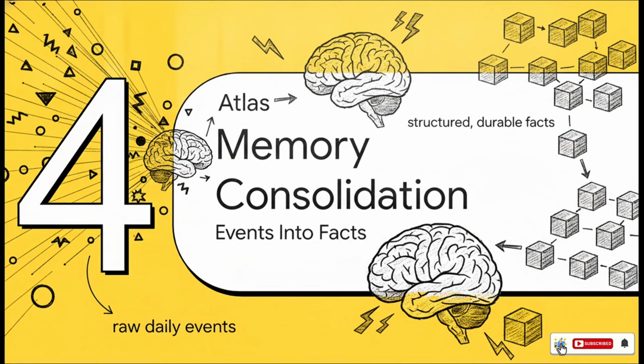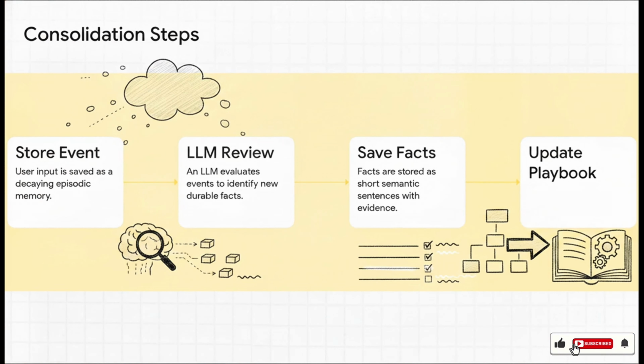Moving right along to Section 4, the memory consolidation process, turning events into facts. Here is how an AI memory actually lives and breathes. Step 1, the user inputs data, and it's stored as an episodic event. But here's the really clever part. Most of these raw episodic memories are allowed to just naturally decay and fade out of memory, exactly like our